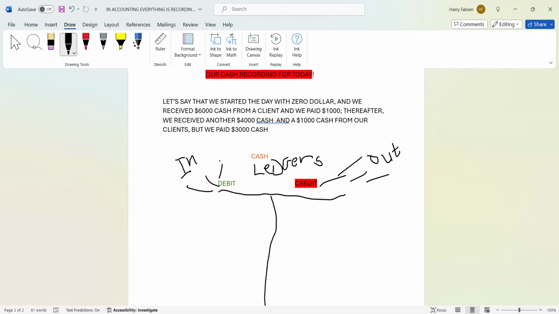Now, let's go to that problem. Let's see how you can do that. Remember, you say receiving, go to the debit side, and out, go to the credit side. You're going to see how simple it is. Okay, we said we start the day with $0. So what you're going to do, you're going to put the 0 on the debit side. Start the day with $0